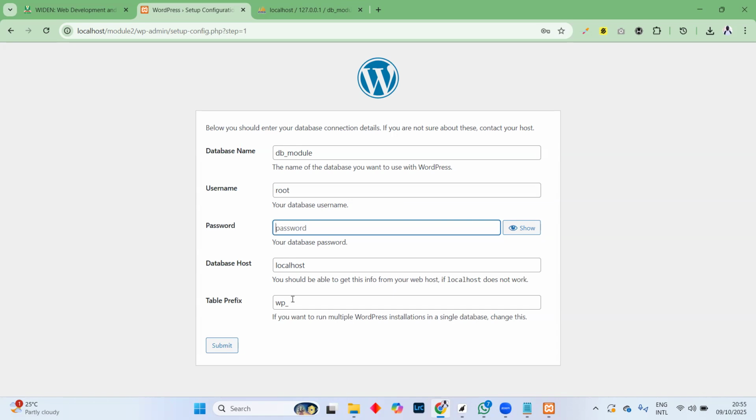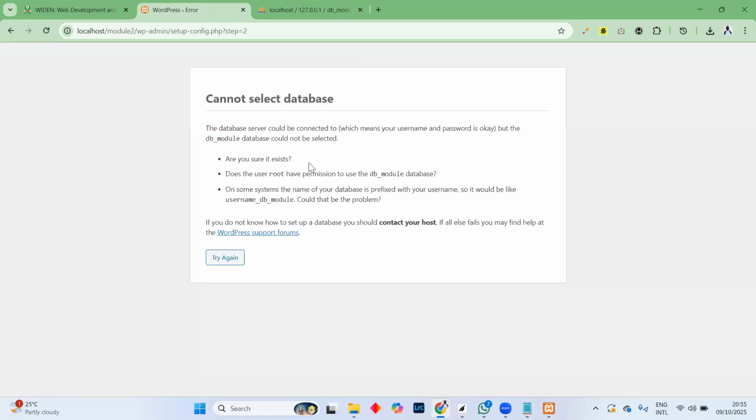Leave the rest as it is, the database host and table prefix, we leave them. So basically what we are doing here is we only supply the database name we have created, the username, which is root by default, and the password, which we leave blank. Then we click submit. This will not go because you can see it says cannot select database. Why? Because the database I put does not exist. I'm supposed to put 2, but